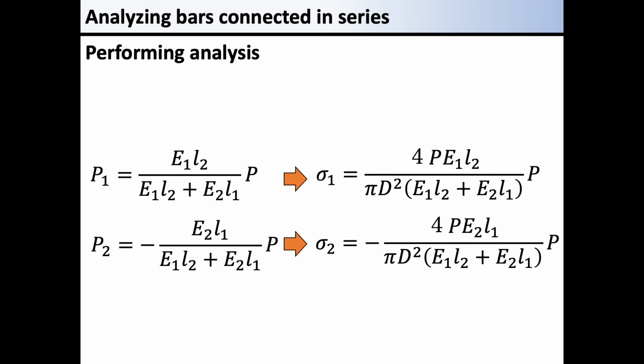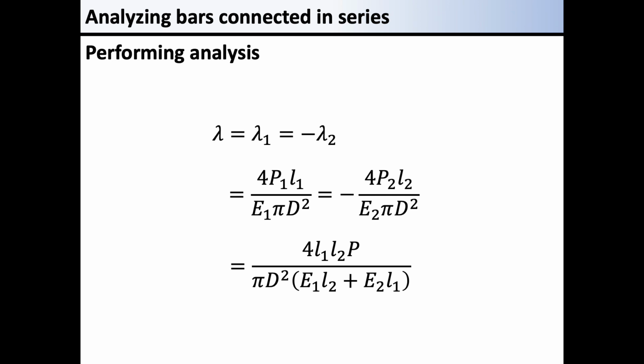Once we have the loads, we already know what to do next. The stresses on the left and right can be calculated by dividing these loads by the cross-section area. We notice that the stress generated in the right bar is negative. Since the joint part is compressed against the right side, the right bar is in compression and the stress is negative.